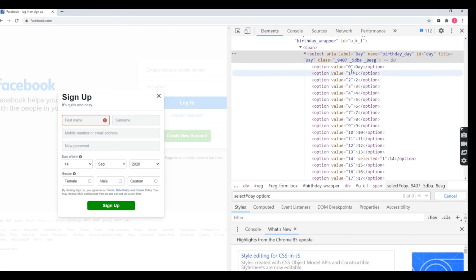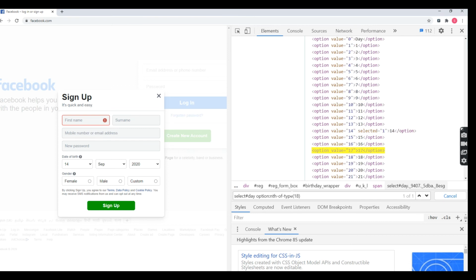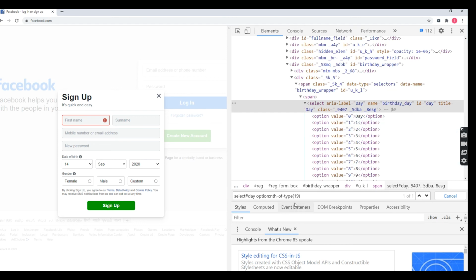So starting from 0, what do I have to do, and hyphen of hyphen type, put. So here I'm going to put the 18th one. Okay, it will be highlighted 17th, 18th, sorry, 19th, because you take the index number from 1. Okay, don't count from 0, count from 1. So if I give 19th, it will take the 18th one.